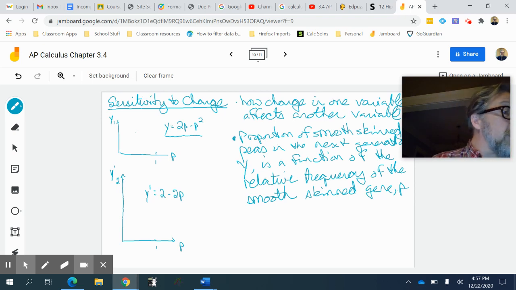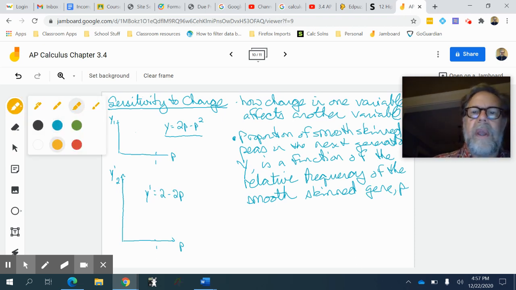So the example in the book, which is example 6 on page 135 of our AP Calculus book, is the experiment about smooth skin versus wrinkly skin peas. And it's interesting because historically, this had to do with hybridization. One of the first experiments on actual hybridization, and we've got two variables that we're going to define,